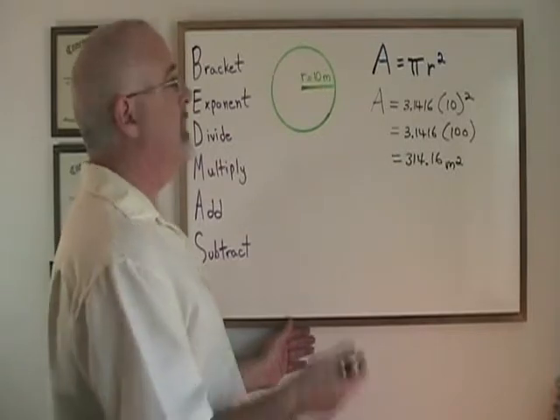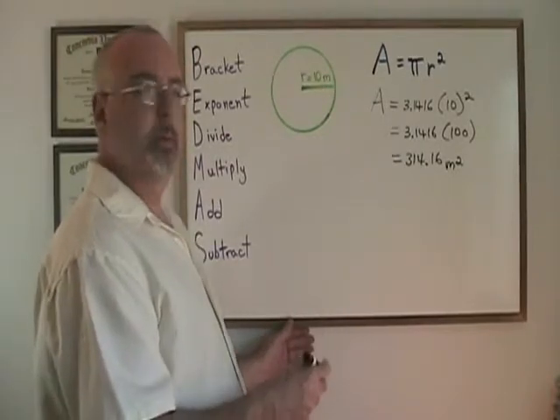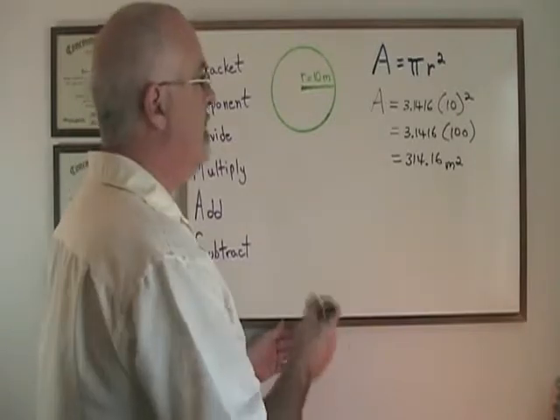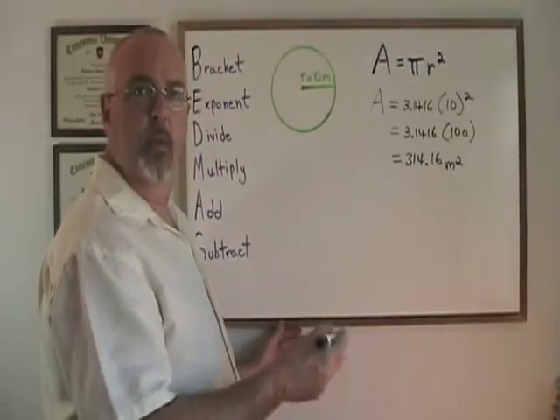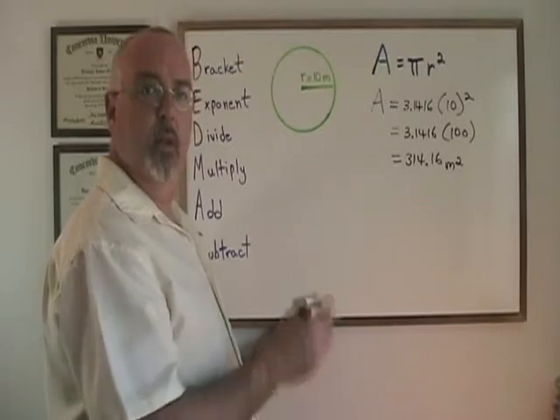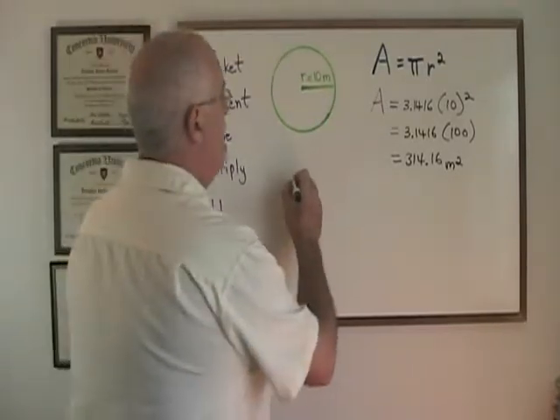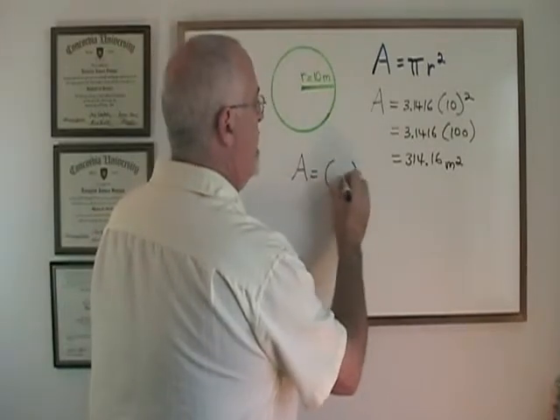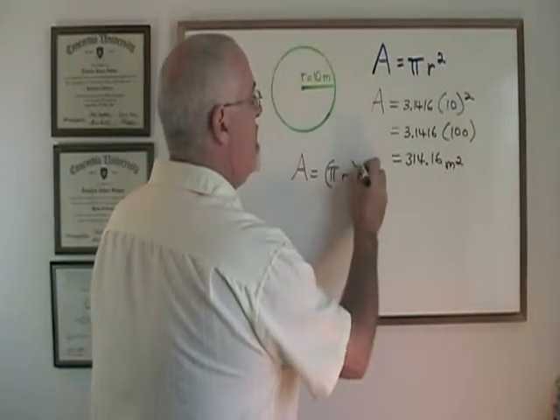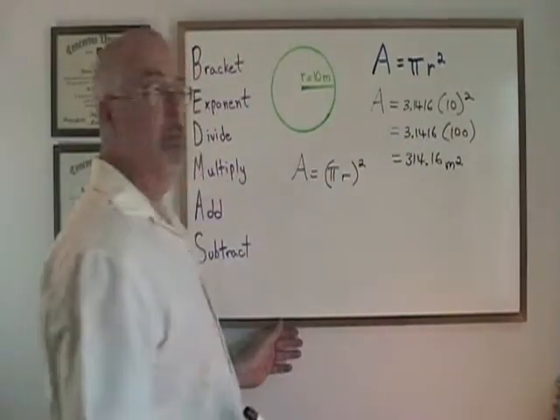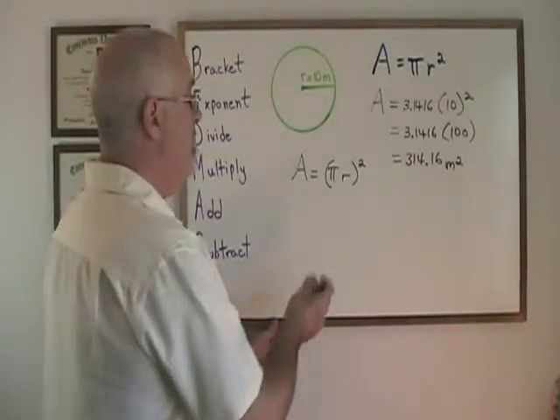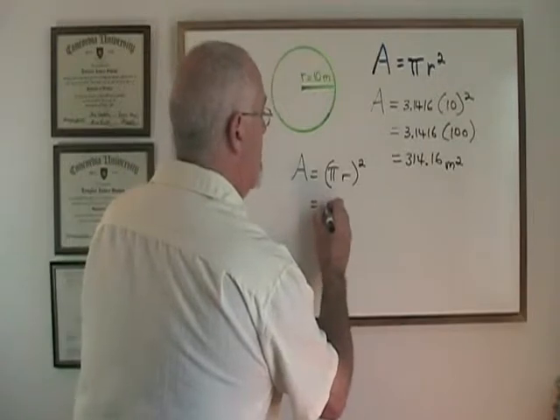But what happens if we don't follow this rule? What happens if we apply these operations in the wrong order? I have seen students make mistakes, and when I tried to figure out why their answer was wrong, I realized that they had done this. Area equals pi r squared, as if the pi and the r were in a bracket, and then we were squaring the answer. This is not what the formula wants us to do, but if we were to do this, we would get